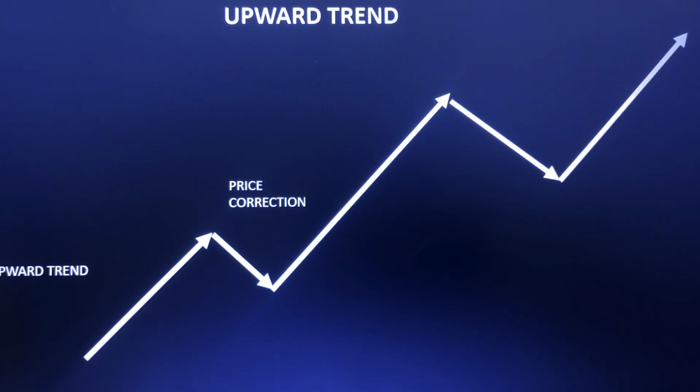If you notice any stock, it won't go directly upside without any correction. What it shows is that the people who have bought here, some of them will book profit here, and that's why this correction is happening. Again, some people start buying again, and profit booking happens again. So we can analyze with this.